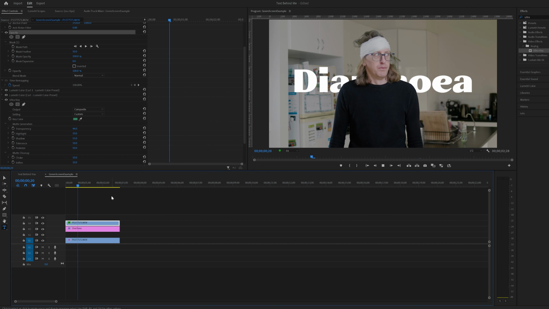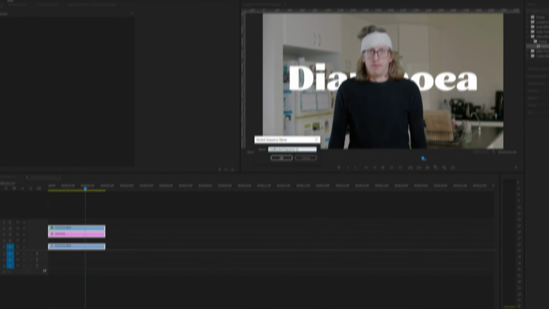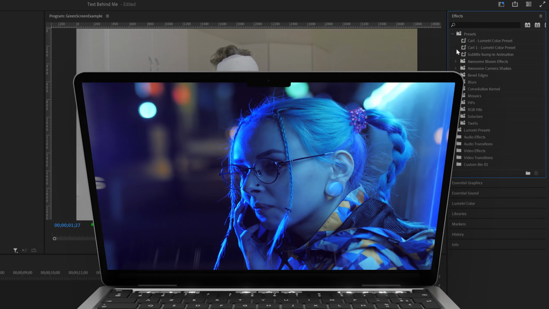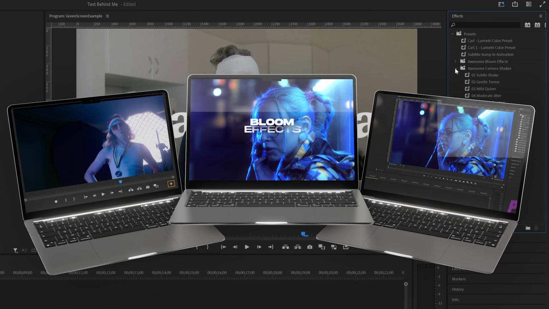To jack this effect up even more, add a handheld camera shake. How do you do that? Well, I'm glad you asked, as I have a free drag and drop camera shake preset, plus heaps of other